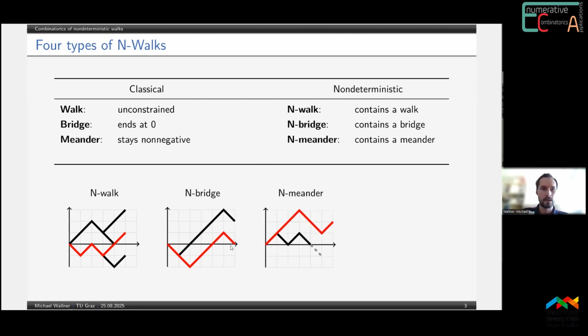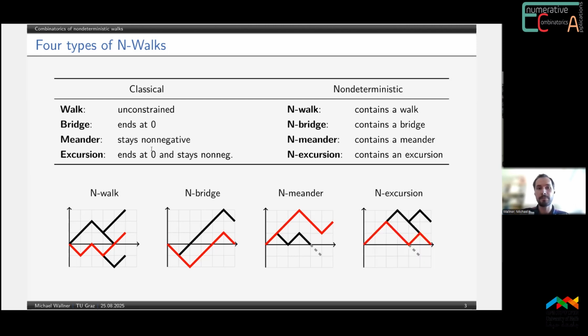A meander is now an object, a path that stays non-negative, so never goes below the x-axis. So here in red you see one, so it goes up, up, up, then never goes below the x-axis. It could touch it, this one doesn't, but it doesn't matter. And an N meander is now an N walk that contains a meander. And an excursion is a path that is simultaneously a bridge and a meander, meaning it stays non-negative and